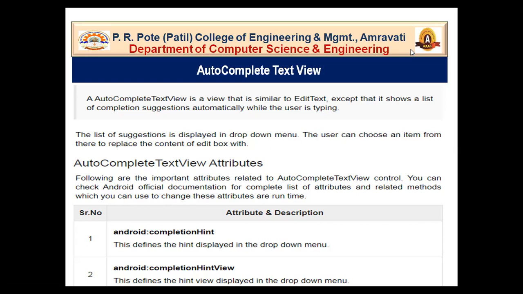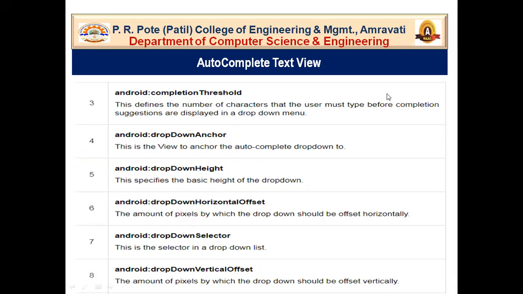After that, android:completionHintView. This defines the hint view displayed in the drop down menu. It is somewhat similar to the completion hint attribute. After that, android:completionThreshold.